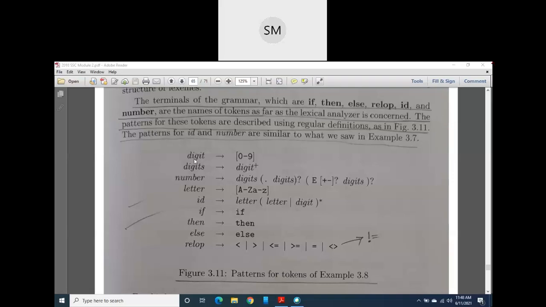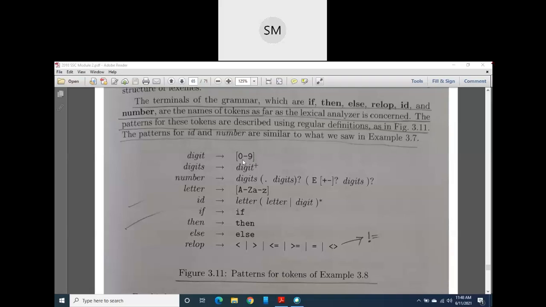So digit, I am going to give one name to this regular expression. The regular expression for a digit is 0 to 9, correct? The square bracket indicates a range, which is a shorthand of 0 pipe 1 pipe 2 pipe 3, up to 9. Instead of writing it like that, in shorthand I have written 0 to 9 in square brackets. That is a character class. We call it a character class.